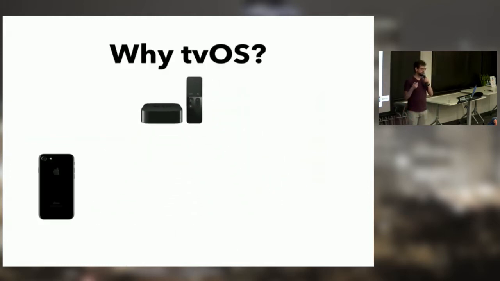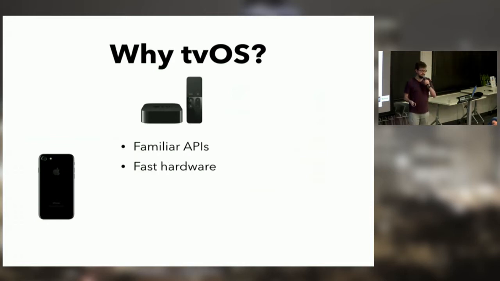Contrasting tvOS with iOS, let's talk about some of the benefits of the platform. First of all, the APIs are very familiar. tvOS is built on top of UIKit and Objective-C or Swift, whichever your preference is. So if you're an iOS developer, you should feel right at home on this platform. There shouldn't be that many surprises. The hardware is very fast. I don't know what exact iOS device it equates to, but these things are really, really performant. If you're building software on these, it's super quick.